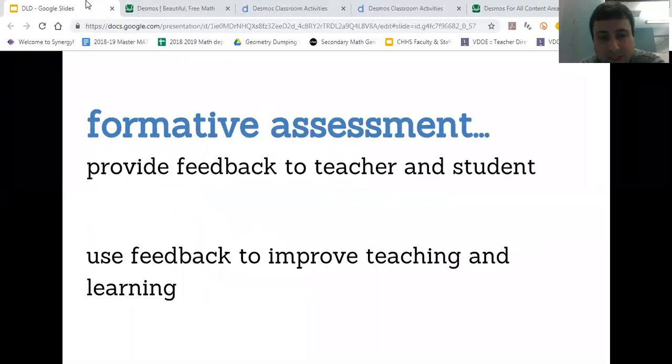When we think about formative assessment, we want something that's going to provide feedback to not only the teacher, but also the student. And we want to use that feedback to improve our teaching and the learning of the students. So the teacher dashboard that's on the teacher end of things for the activity is going to be really powerful in helping us take student responses, quickly collect them, and then use them and display them as part of our